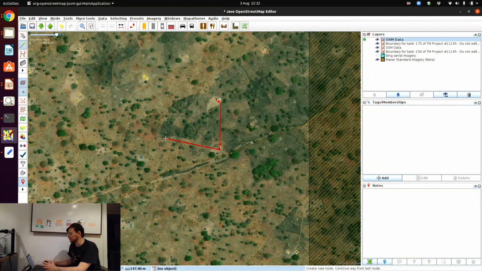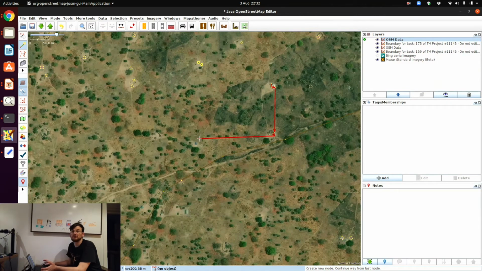So although this project in South Sudan is organised by the Humanitarian OpenStreetMap team, HOT, and in collaboration with the UN, Andrew from the British Red Cross was able to talk a bit about how data gets used, why I'm just mapping these buildings,